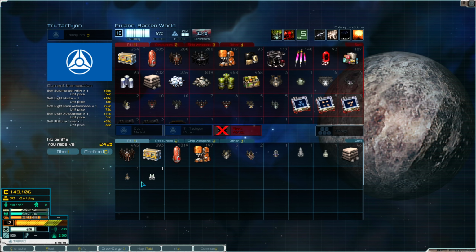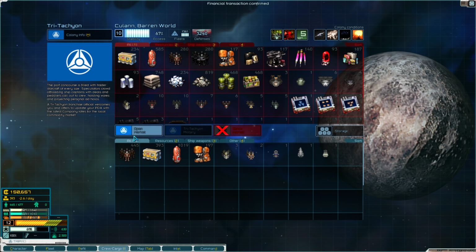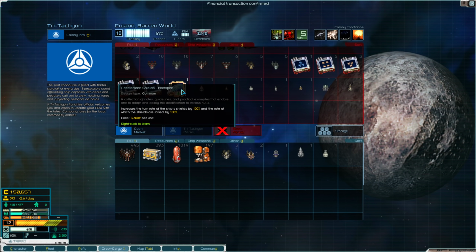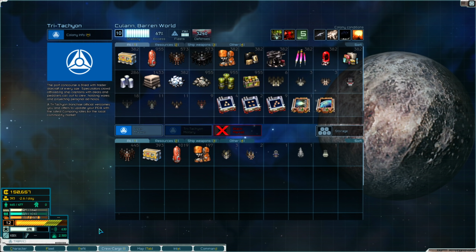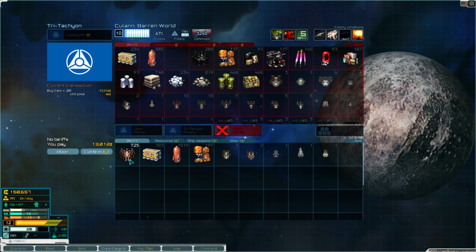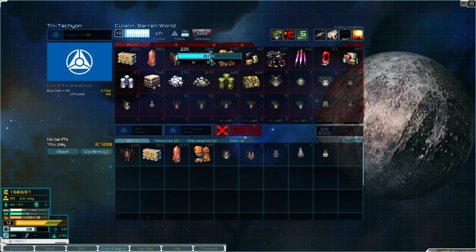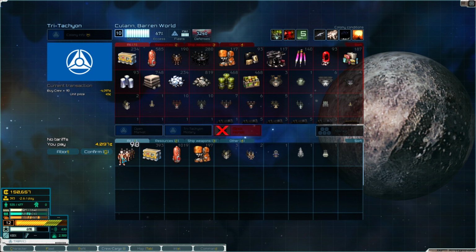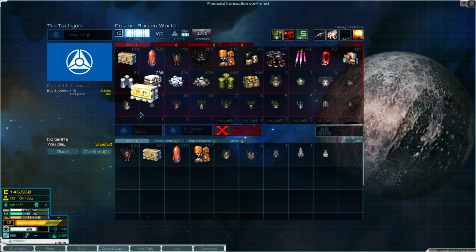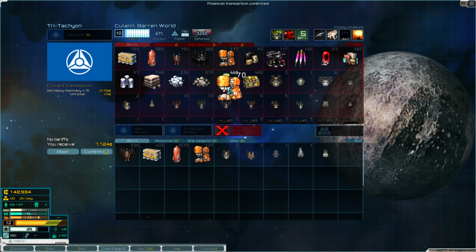This will, however, piss off the Tritachyon selling on the black market, but yeah, whatever. Make a friend, lose a friend, make a friend, lose a friend. That's kind of the way it works sometimes. Alright, I'm going to hire some additional people, buy some additional supplies, sell some of my heavy machinery that I'm